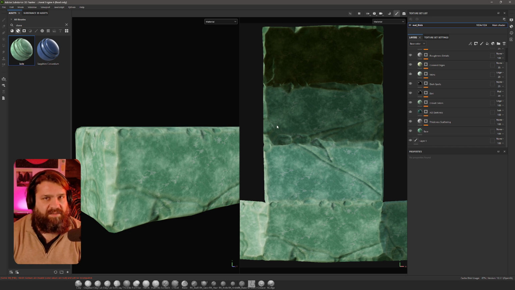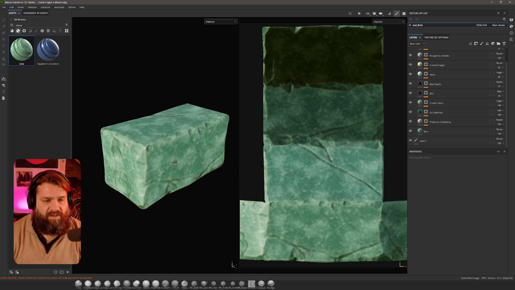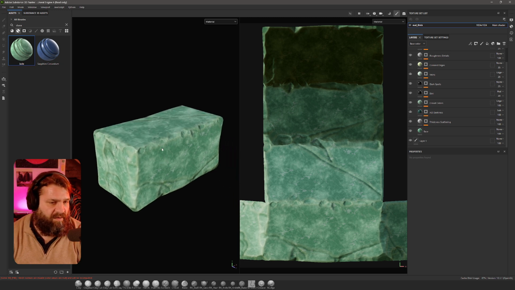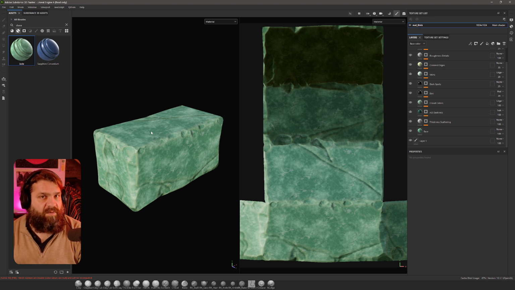If you guys want, I wouldn't mind doing some more stuff, but I'm a little bit lost at the moment on what to do next. I could do some more ZBrushing stuff, but I really wanted to show this whole workflow in a basic way, and maybe we could do something a little more complex next with a sword or a shield or something like that, but it's got pieces. That reminds me,